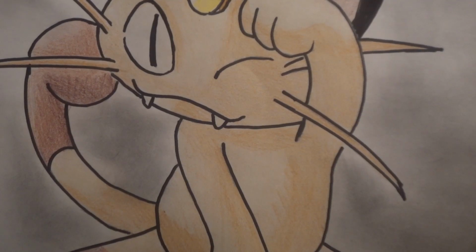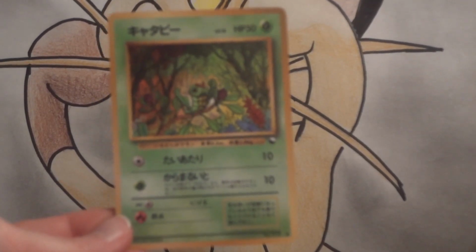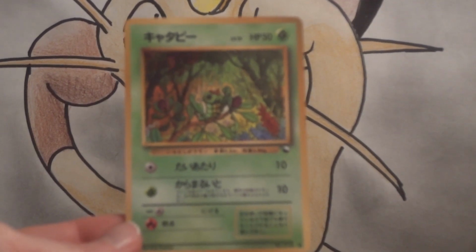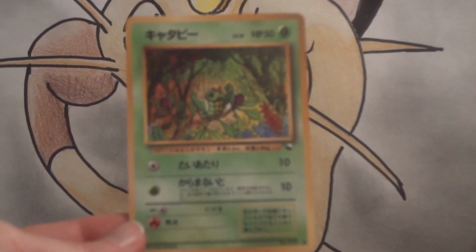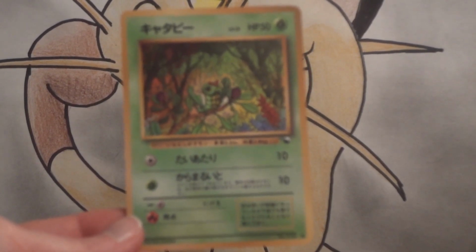Welcome back to another Featured Friday, and yes, you read it right, I am featuring a Caterpie, but not just any normal Caterpie. This is a vending series Caterpie. So Japanese vending series cards are fairly hard to come by. They're not really particularly worth an extravagant amount of money, but they had several series, and they were kind of on these